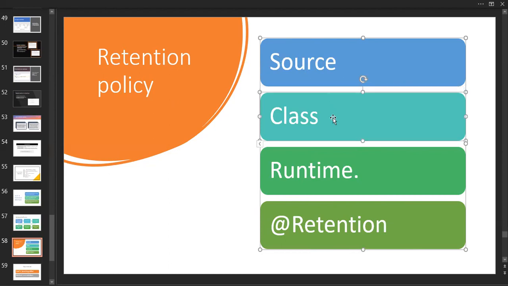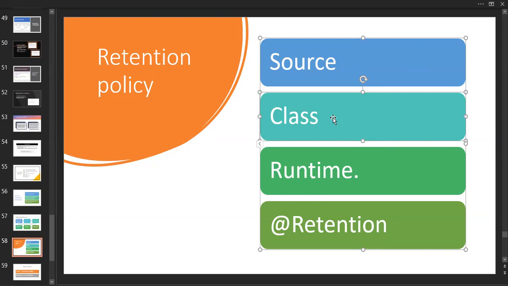The next one is class. What is this class? With this specification, the annotation goes to the class file. Again, what is the class file? The class consists of objects, methods, and variables. So many statements are available inside a class. So we are going to use it at the time the class file is created. This is a part of the compilation process.